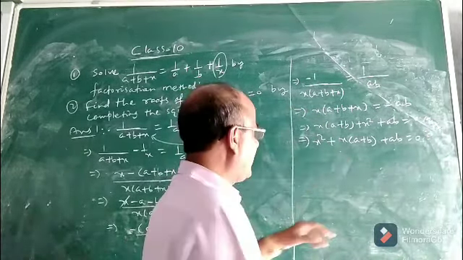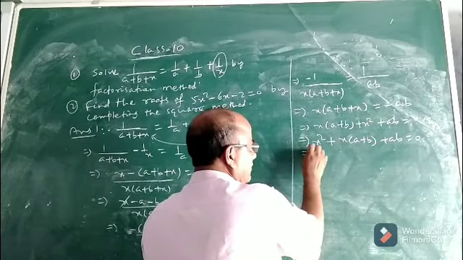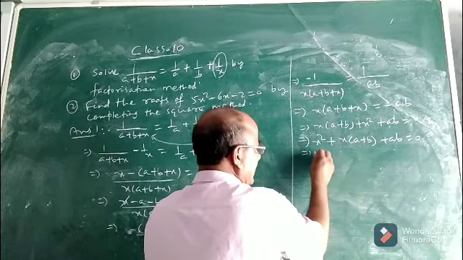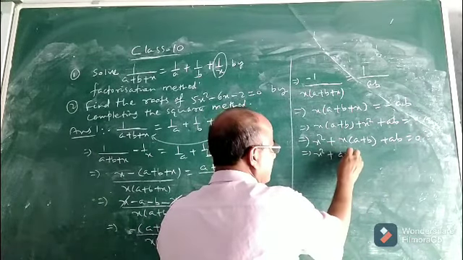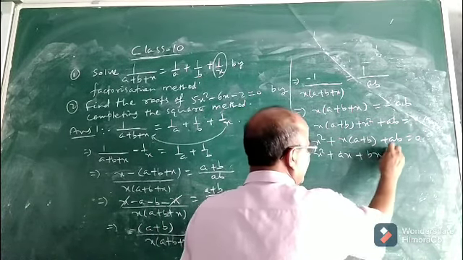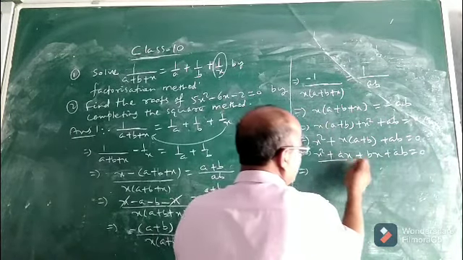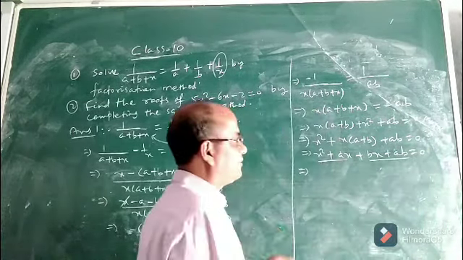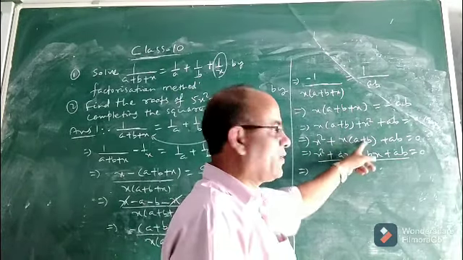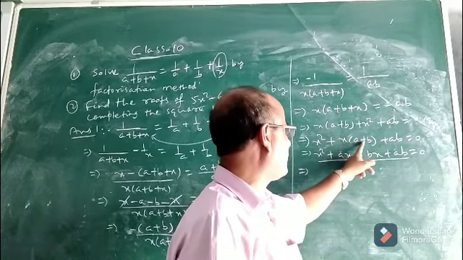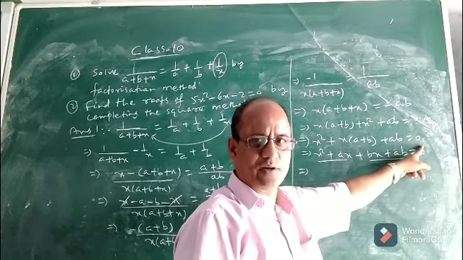Now you multiply x and omit this bracket. So what will be the next step? Multiply x by a and b to omit this bracket. So this will be x square plus ax plus bx plus ab equal to 0. Now take common out of these two, you see. Now see, this one has come in the form of what? ax square plus bx plus c equal to 0.